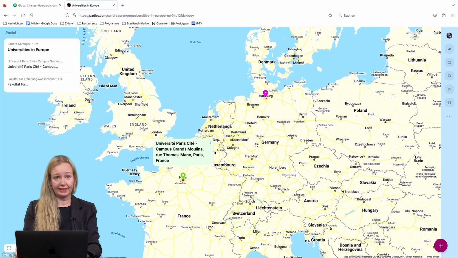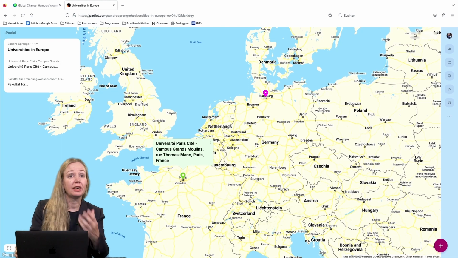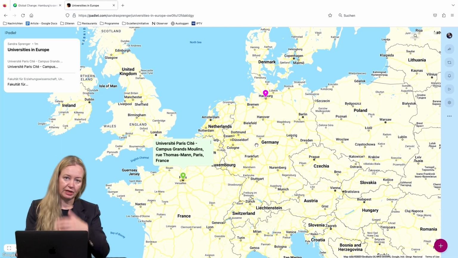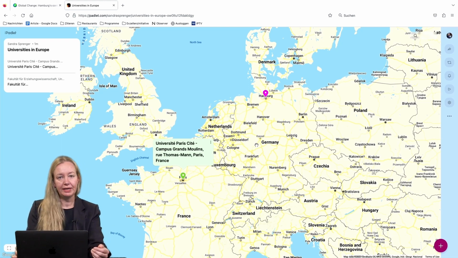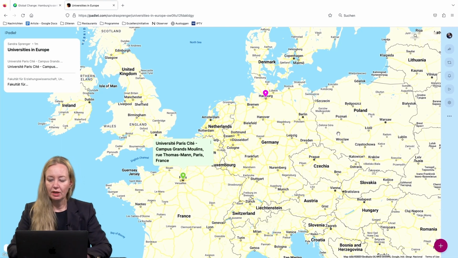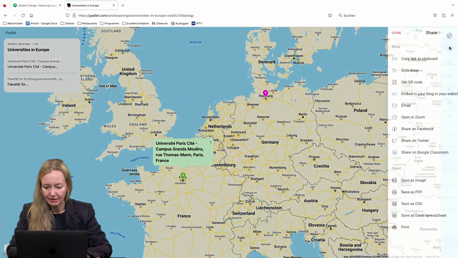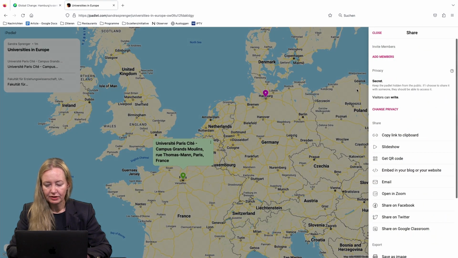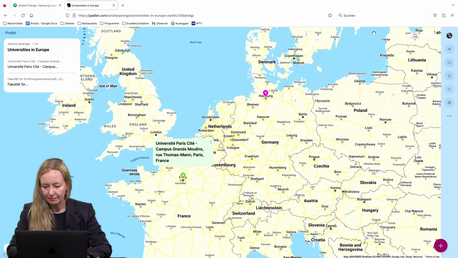And now, just as an example, you want to share your map. You have the idea that some other colleagues or your students should also add some points for other topics maybe. And then you have the opportunity to click, I repeat it again, under this little photo on the right-hand side.